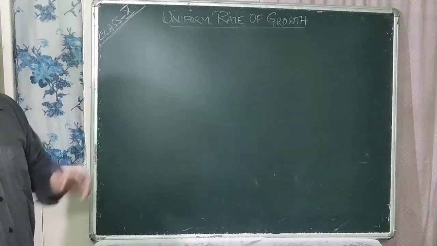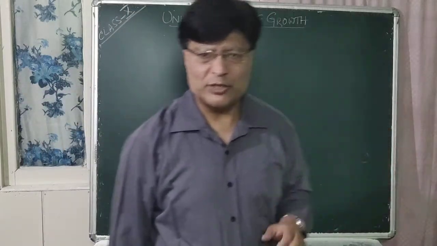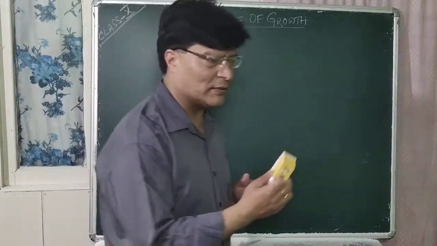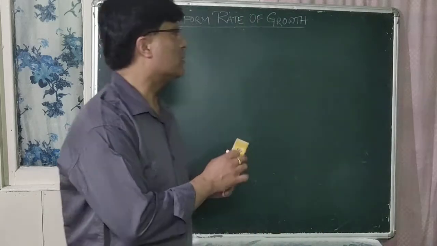So now uniform rate of decrease. I already told you that suppose you have a machine. If you do constant use of that machine, the value of that machine will decrease every year. Okay? Suppose